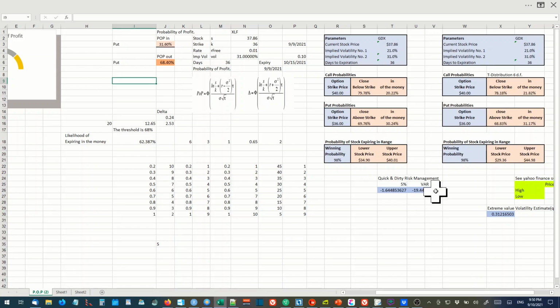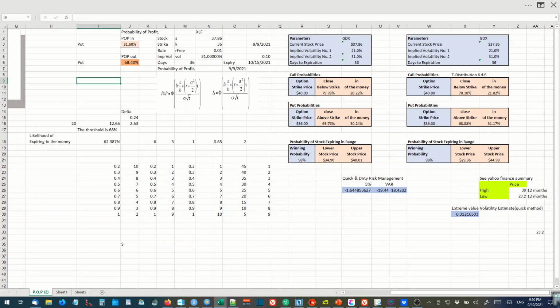So yeah, in my next video I'll discuss why that's important. And that's extreme value volatility, which I'm using as the implied volatility measure. It's higher. It's taken from the max high, max low in 12 months. Anyway, you can see there's not much difference between the T distribution and the normal distribution. The T distribution is a bit broader and a bit riskier. When you look at the overall range, it's quite significantly different: 29 to 44 as opposed to 34 to 40.